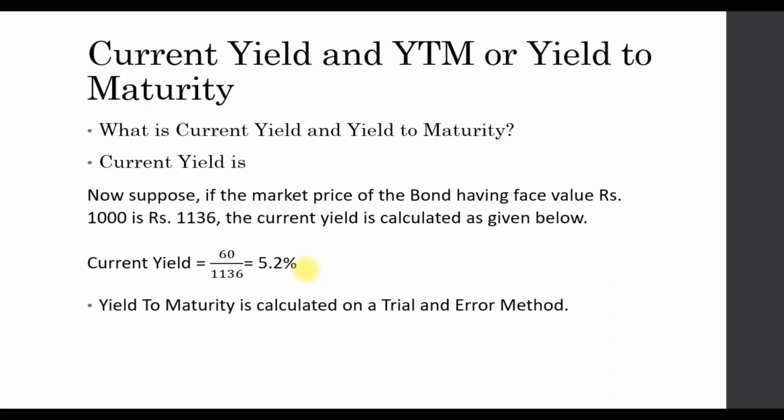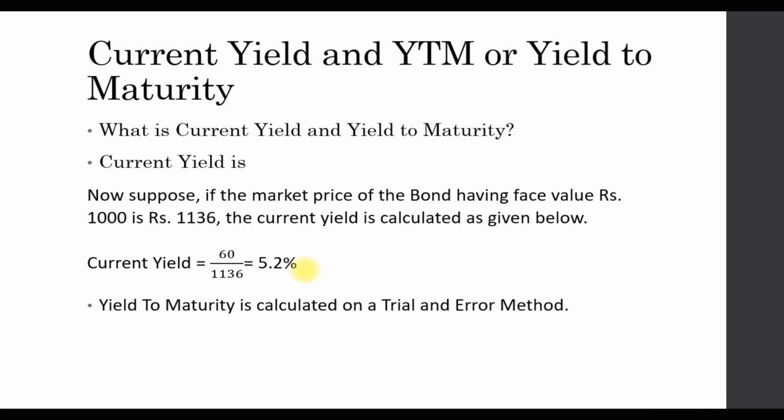Two observations we have to make here. One is, an investor who buys a bond at a premium, where the bond price is above its face value, will always get a return on these bonds less than the bond's current yield. That is the first observation. The second observation is, an investor who buys a bond at a discount, where the bond price is less than its face value, will always get a return more than the bond's current yield. In other words, the current yield mismeasures the rate of return of the bond. It simply overstates the return on a premium bond and understates that of a discount bond.